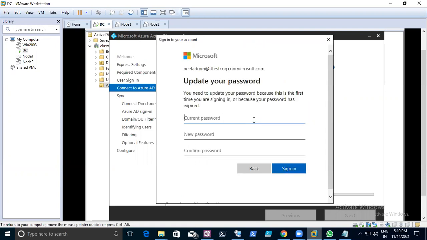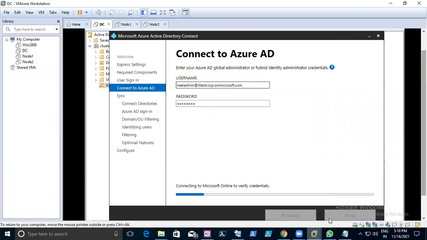This is important. Current password, then you have to type. For this only I was going for MySpace. Sign in. Perfect.